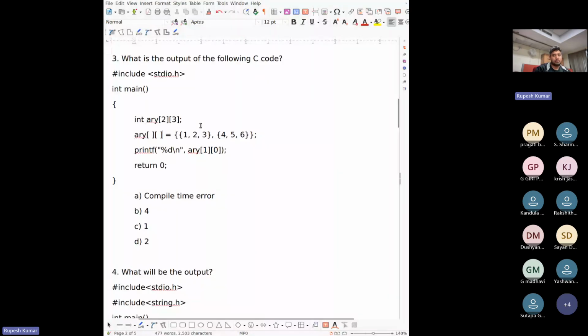In the declaration line, you can see there is no number of columns defined, so this will give an error. So option A is correct.